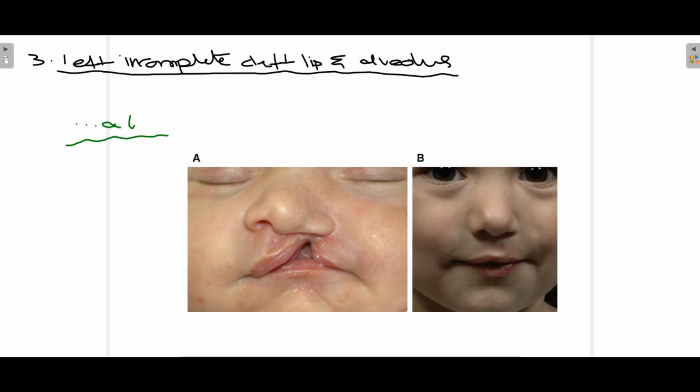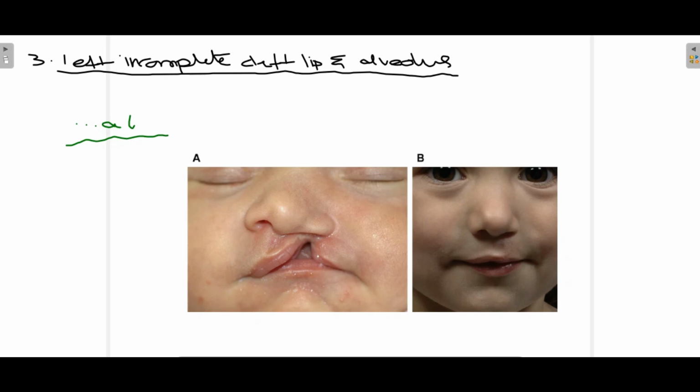Now talking about this last example, as you can see in this clinical picture, the patient is suffering from left incomplete cleft lip and alveolus. That is, the cleft is associated only with the lip and alveolus, and it is also incomplete. So when the cleft lip and palate or alveolus is incomplete, we use small letters, as you can see we have used here. Now since the cleft lip is present on the left side, we will use only one L, and the cleft is also present in the alveolus, so we will use A.